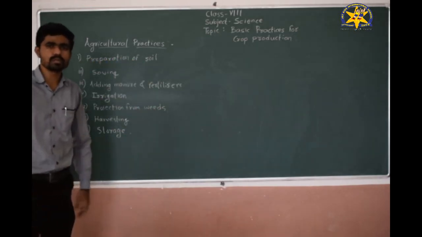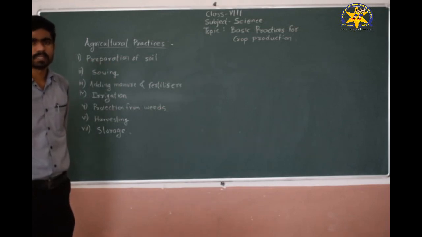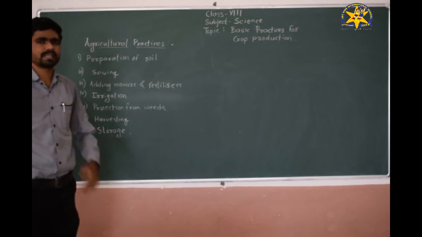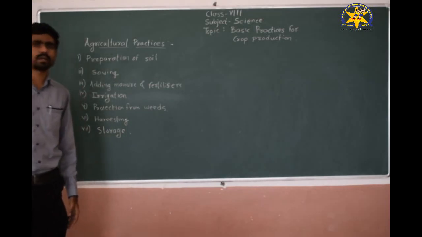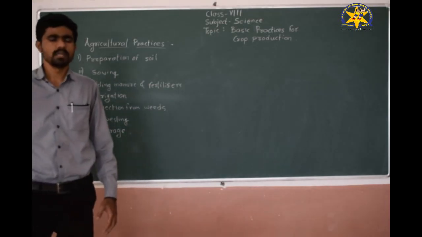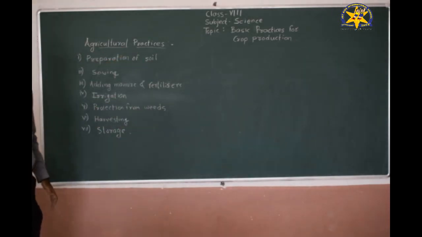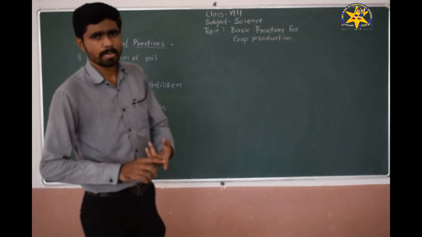At our homes also, before producing food, our mother prepares. That is, she cuts vegetables, she washes them, then prepares the utensils, etc. You all know better than me what the works required for producing food done by our mother are. In the same way here, for producing a crop, we need to prepare the soil. Preparation of soil. What comes under preparation of soil?